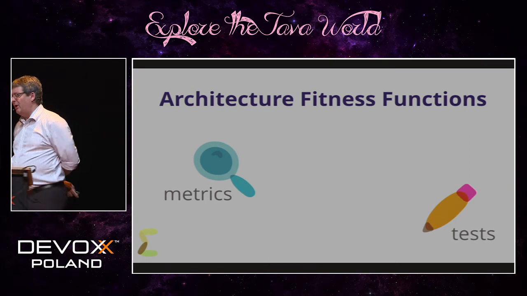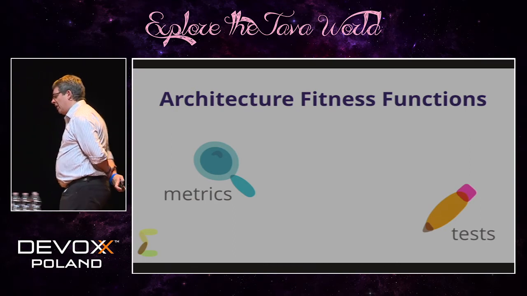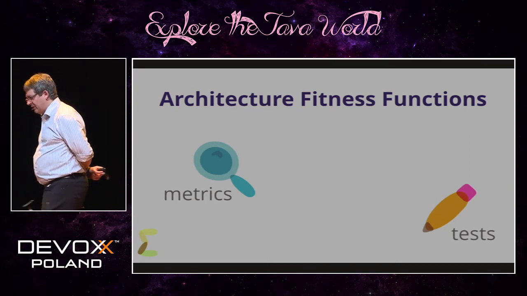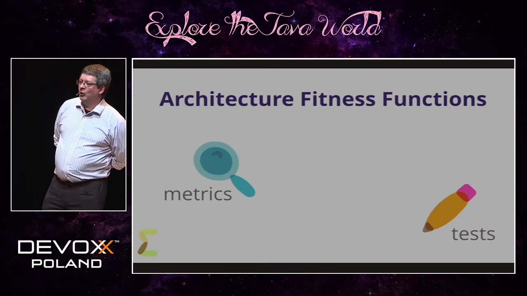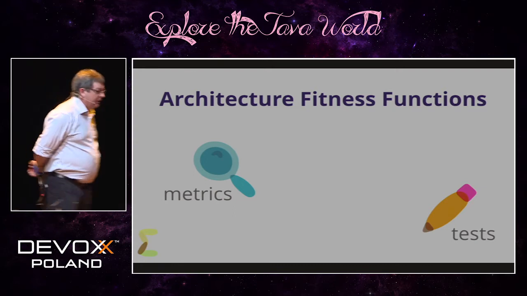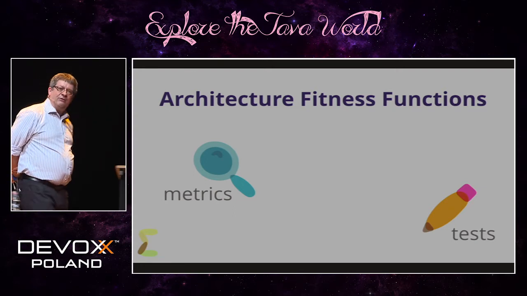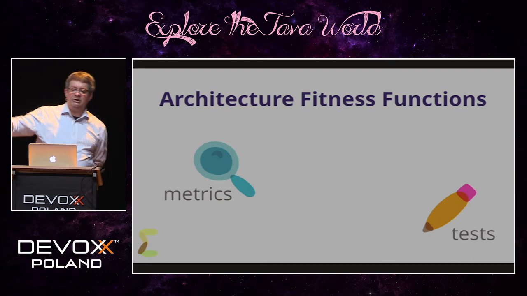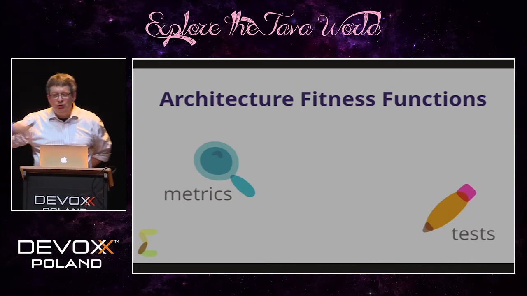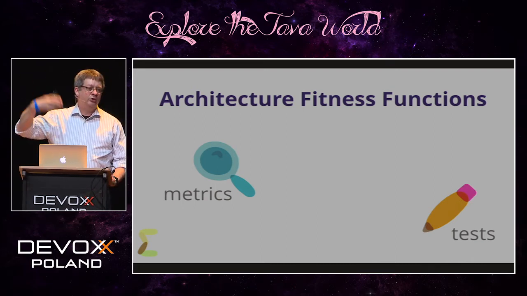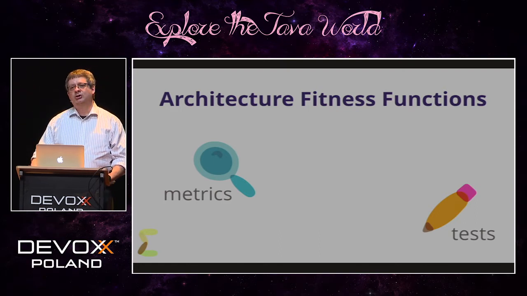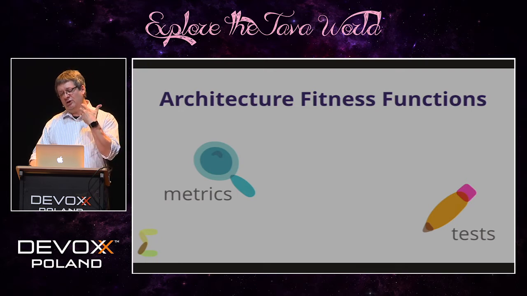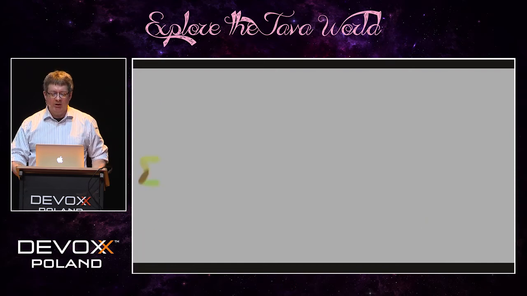And this is one of the problems that we have with traditional non-functional requirements or quality of service assessments: there's no way to test them on an ongoing basis. The assumption here in an evolutionary architecture is you have things like deployment pipelines and continuous delivery, and you want to be able to continually assess how well you're doing in terms of meeting your architectural goals. That's why we want to convert all these quality of service attributes into functions so that we can objectively evaluate them on a regular basis.